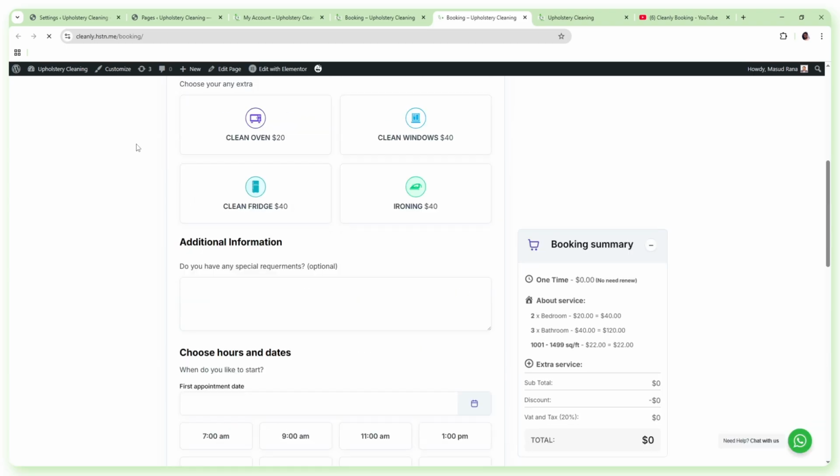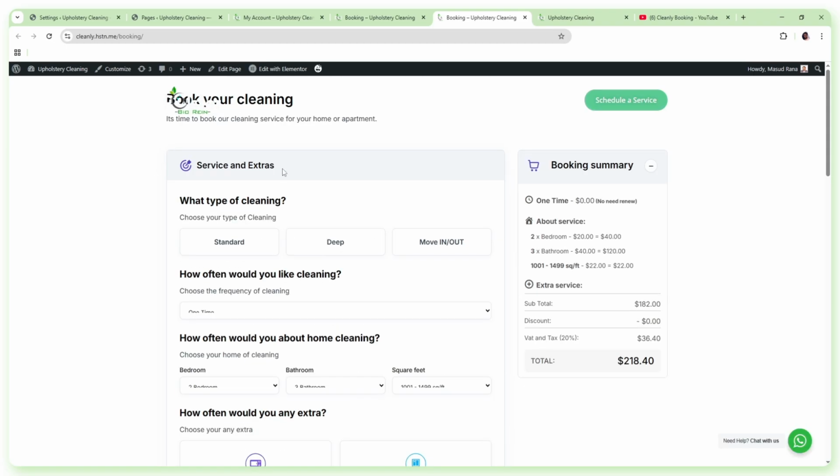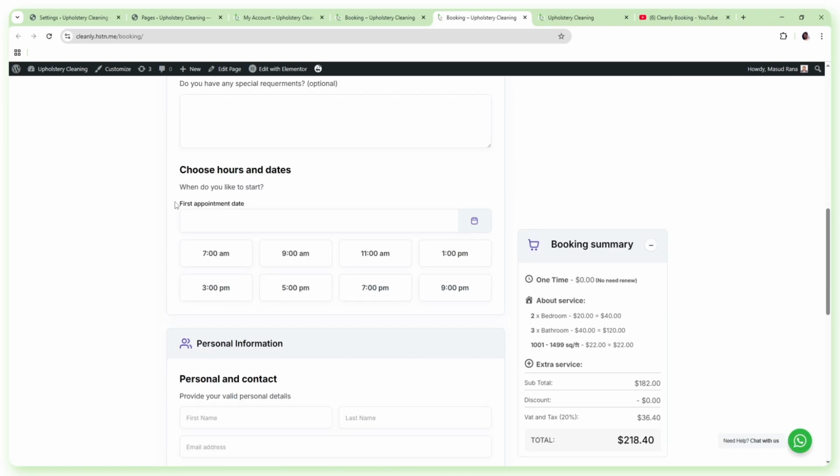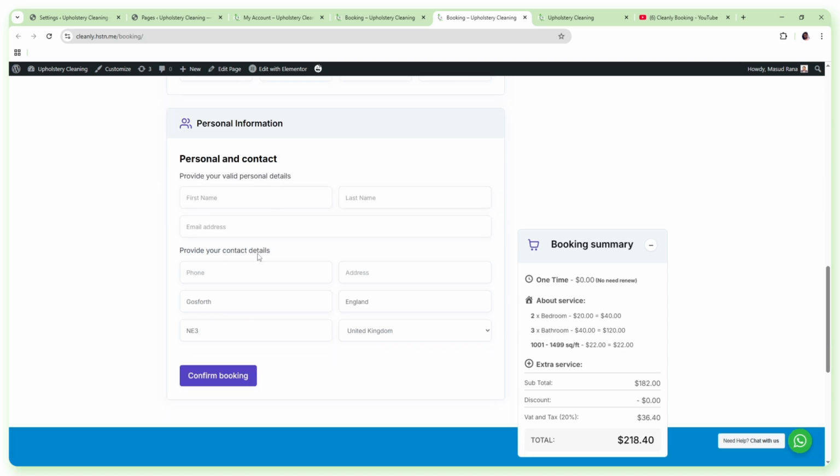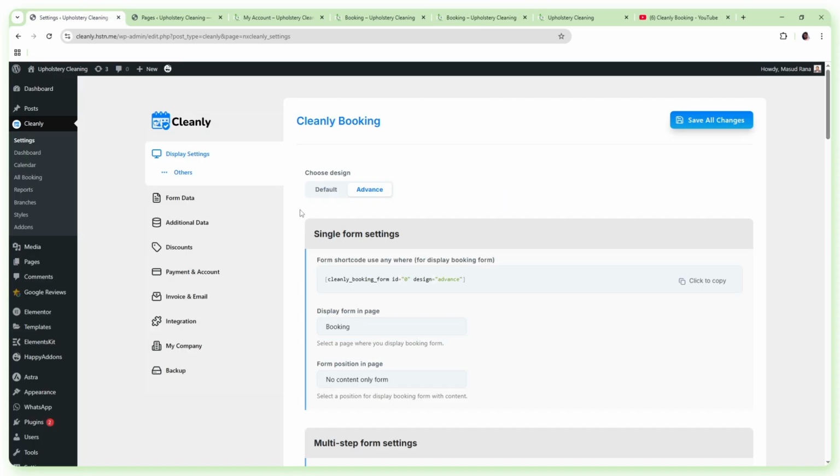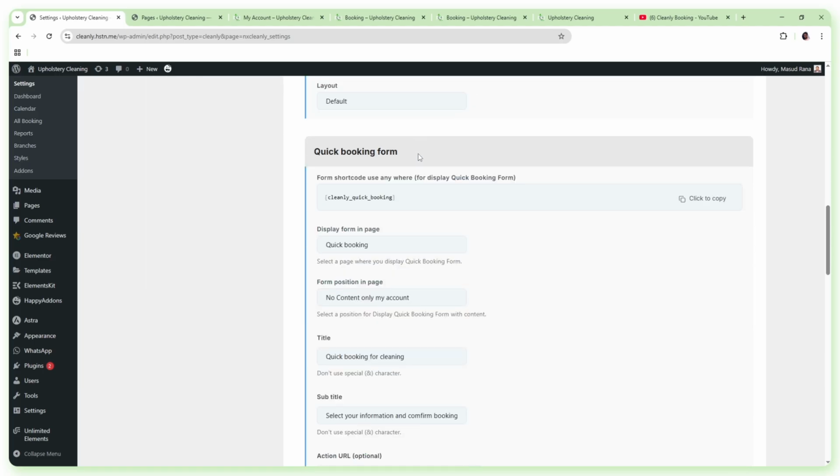you can now see it better. Actually, this is the service section. This card is service section. This is actually personal section, and then payment section. So for payment, we need to enable this option. I will show you the payment later. Okay. So now I select the